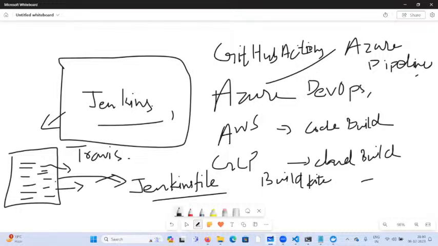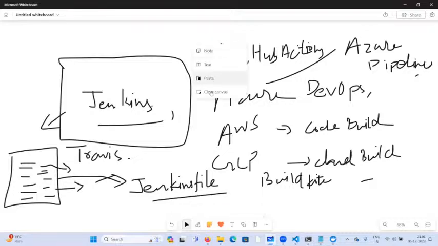From getting your source code checked out from your repository, building it, doing the SonarQube part, doing the automation part, doing the containerization, and deploying it on a Kubernetes cluster, right? So this complete automation is now a very important thing, or you can say it is a mandatory part of the IT industry,